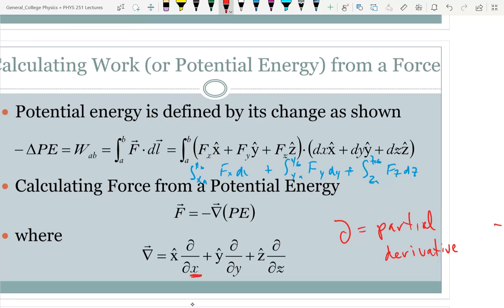So with that delta meaning partial derivative, how can we say this equation, this gradient, we call it an operator, how can we say that in English words instead of mathematical jargon? It's still mathematical jargon when you get down to it, but it's not symbols at least. So what does x hat mean? In the x direction. So I'm going to have in the x direction,